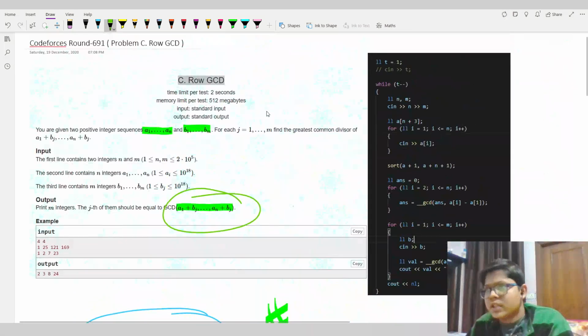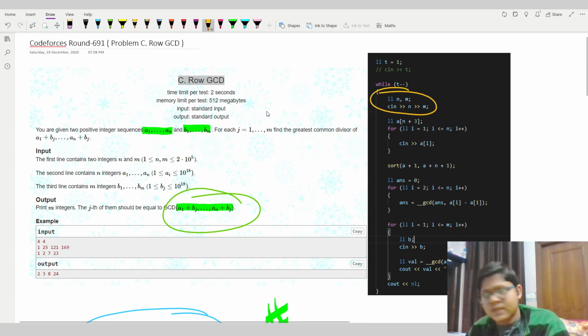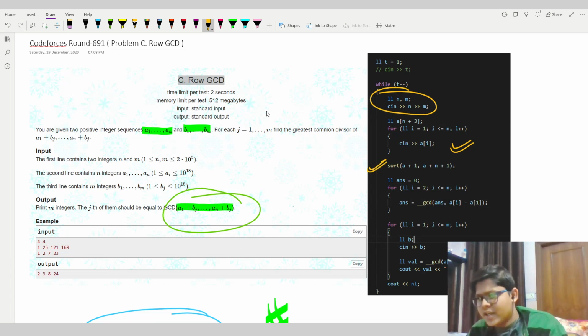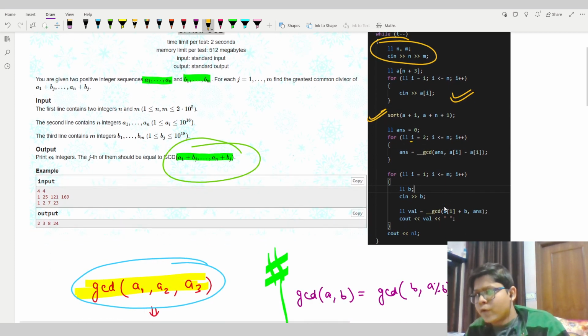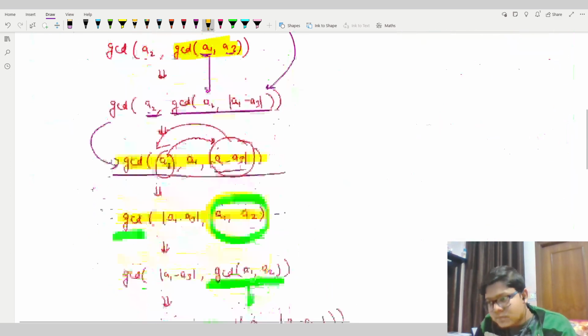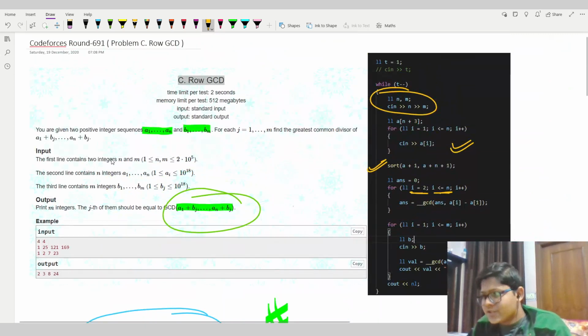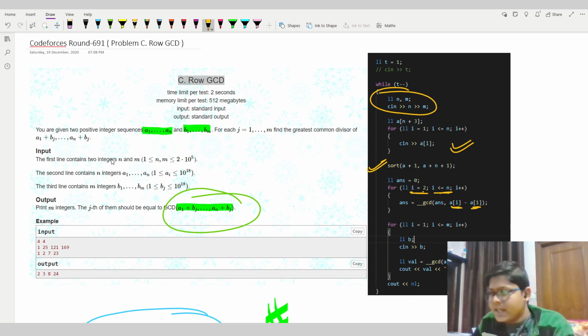Let me quickly show you the code. First of all, I input my n and m, right? Then I enter my elements of a. Then I just sorted it, because you can do abs also, which means that if you're doing a1 minus a2, you can write the mod abs, or you can simply sort it. It's pretty easy. Then I iterate from 2 to n, because as I said, I'm doing it for every 2, 3 up to n, and thus I'm subtracting that with this a1, right?